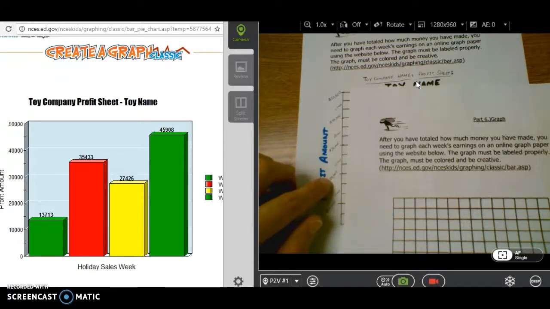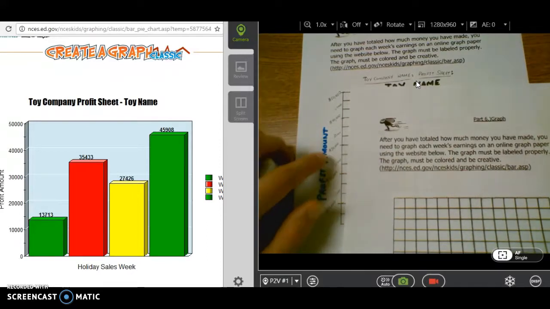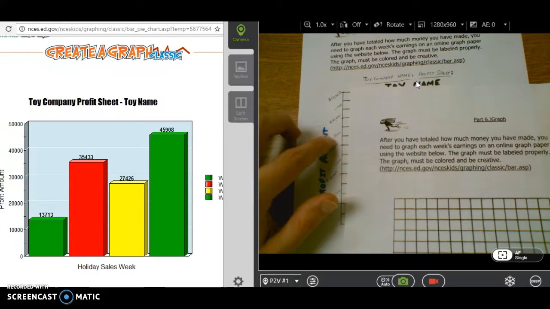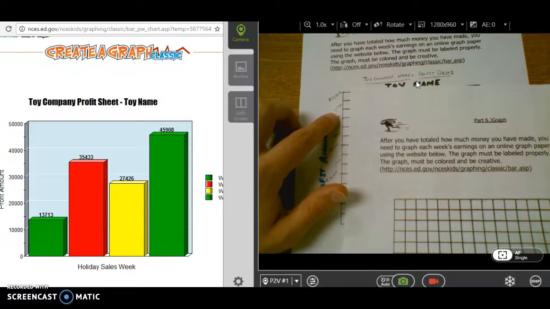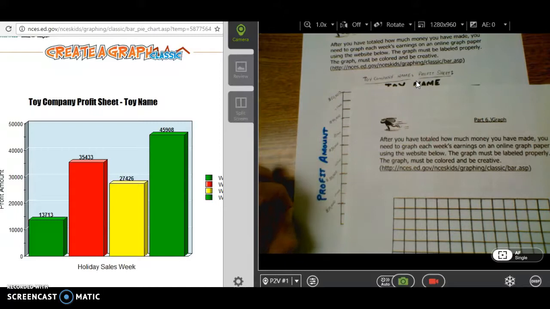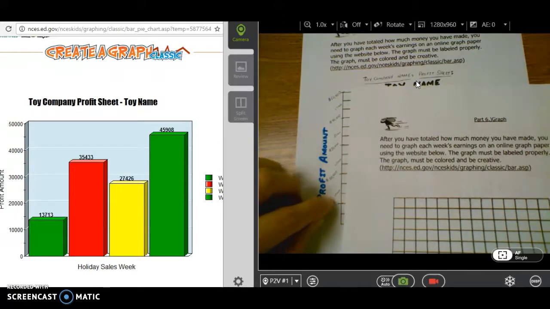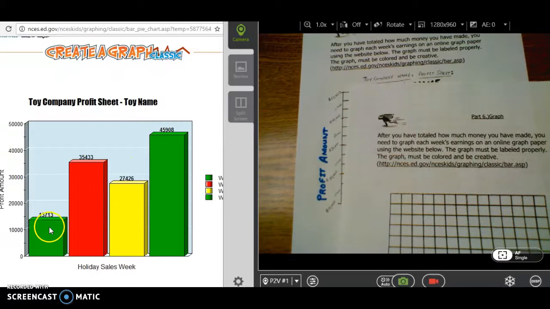I also marked in between these little boxes, in between 10,000 and 20,000 would be about 15,000. In between the 20,000 and 30,000, I marked in pencil that it's 25,000. In between 30,000 and 40,000 is 35,000, and in between 40,000 and 50,000, I wrote the number 45,000. That's because right in between those is about how much, and you're going to want to write those down so that you can accurately see if you have a number like we do on the very first one that I'm pointing out. First sales week is